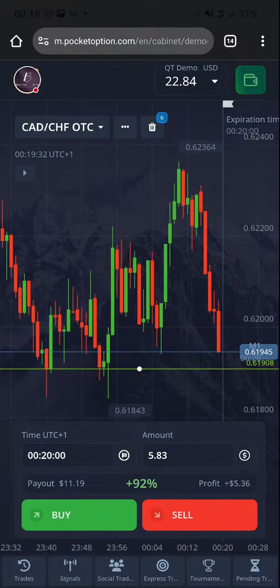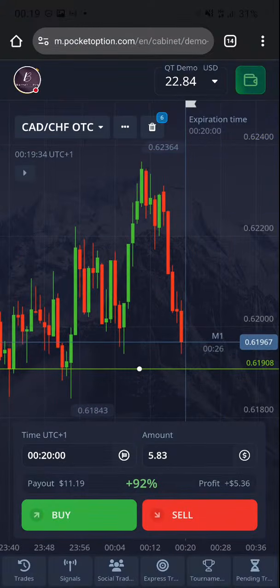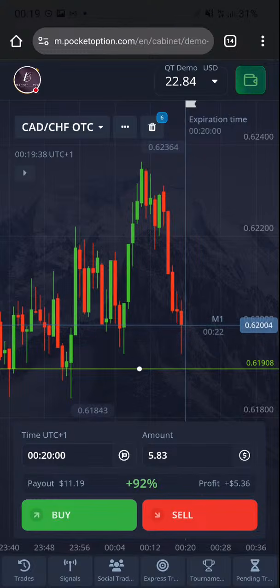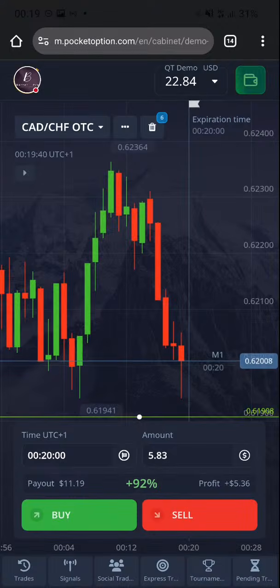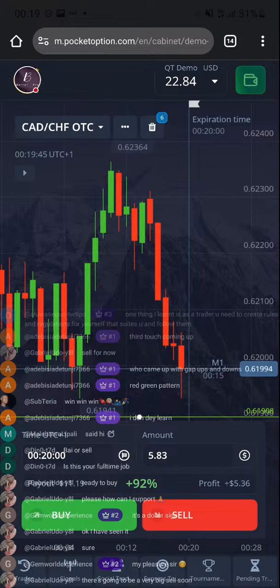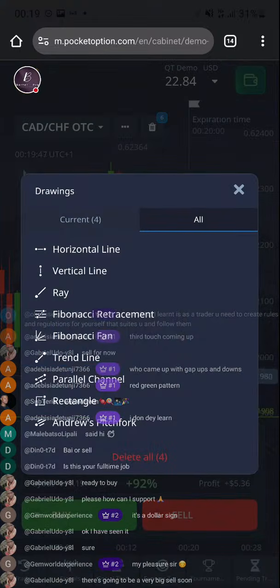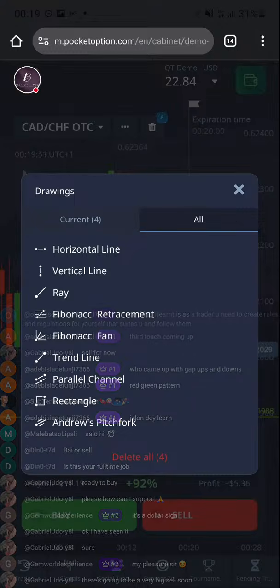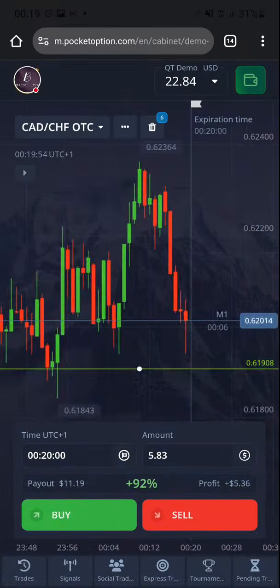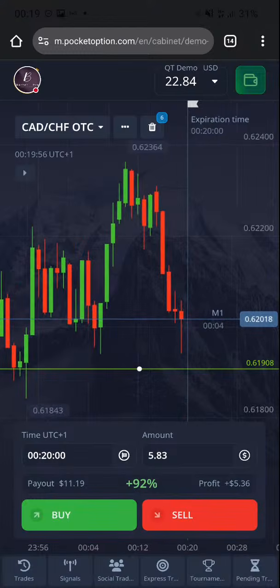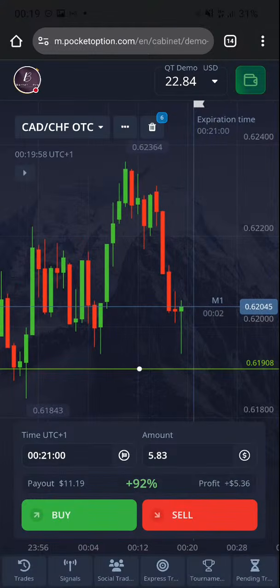We have a level here, but I can tell you, price would probably just break this level and just push to the downside. Normally, we should have a green candle after this, but even if you take the trade, it doesn't seem like it, though we will try it. There's going to be a very big sell. Yes, it looks like a very, very big one. And even if you have confirmation, when you see a momentum, don't trade against it. Just leave it. Okay, the momentum is broken now.